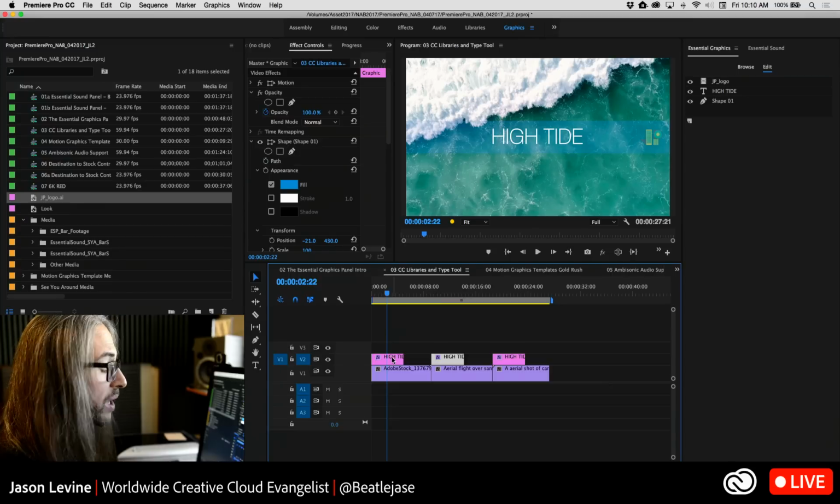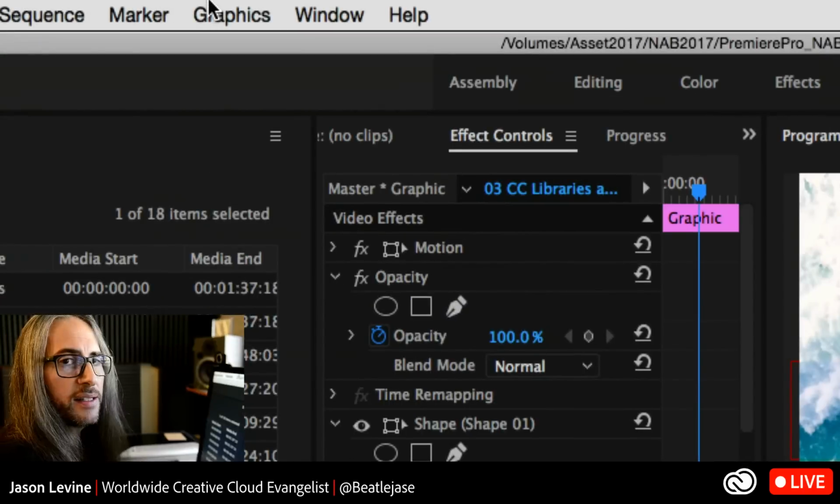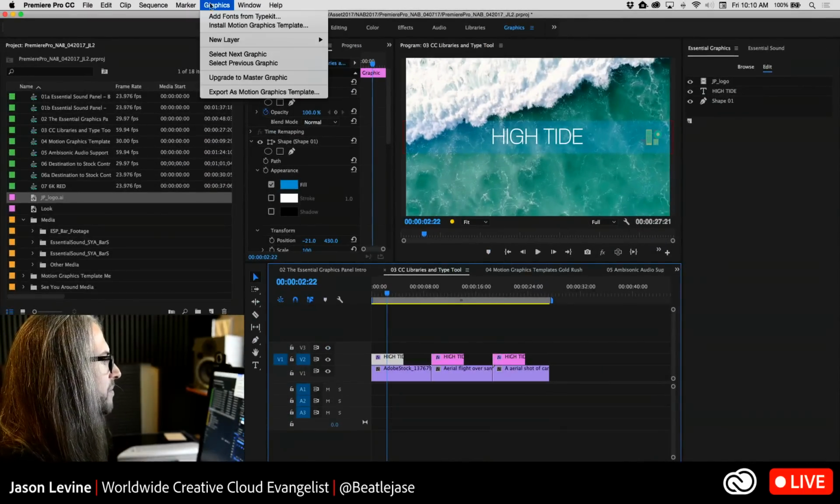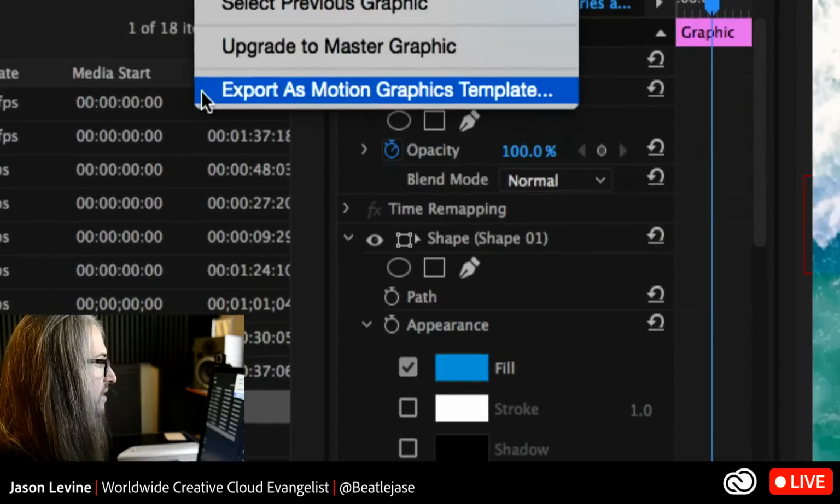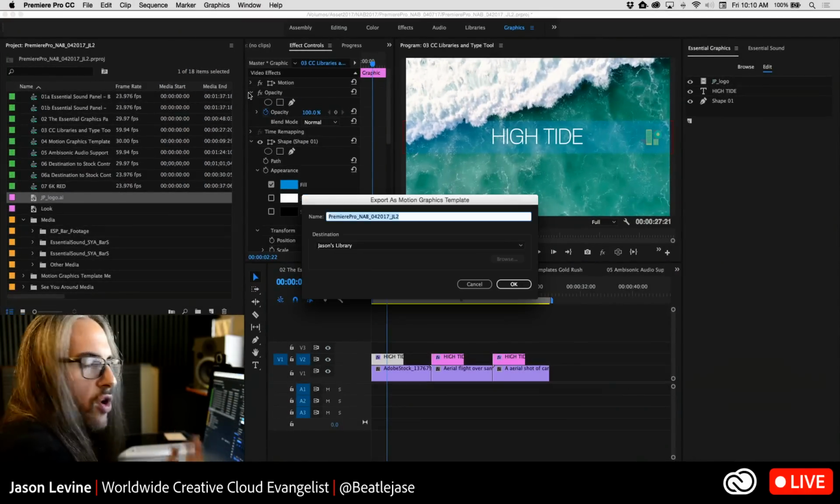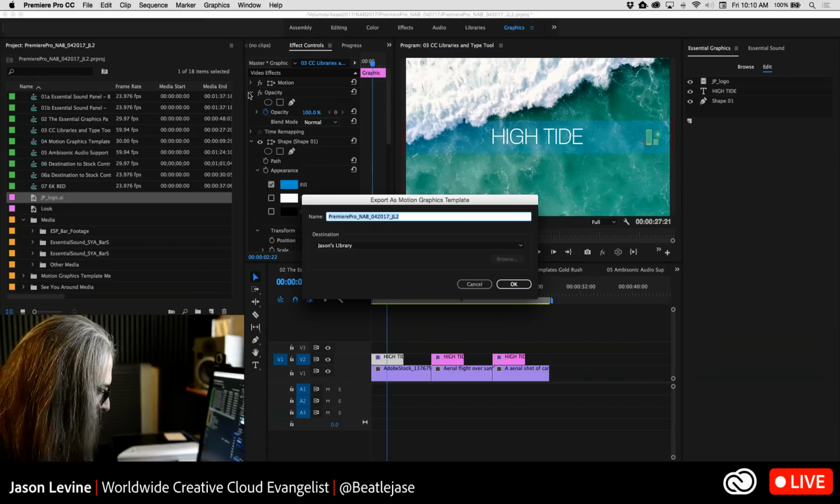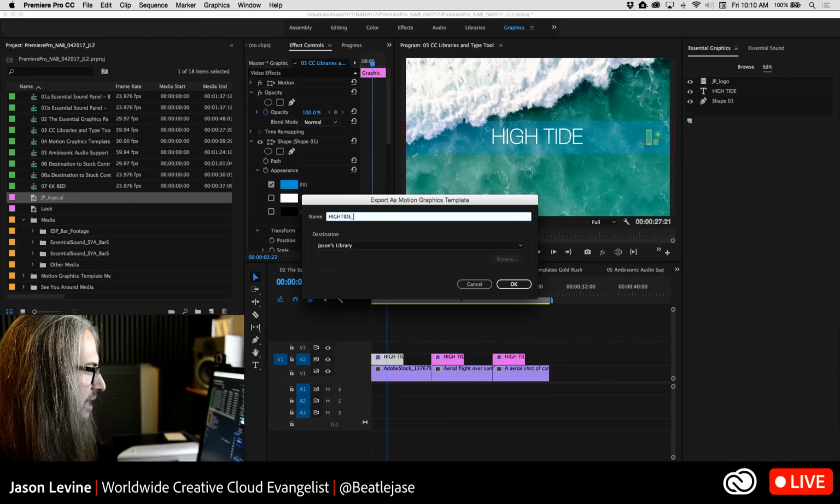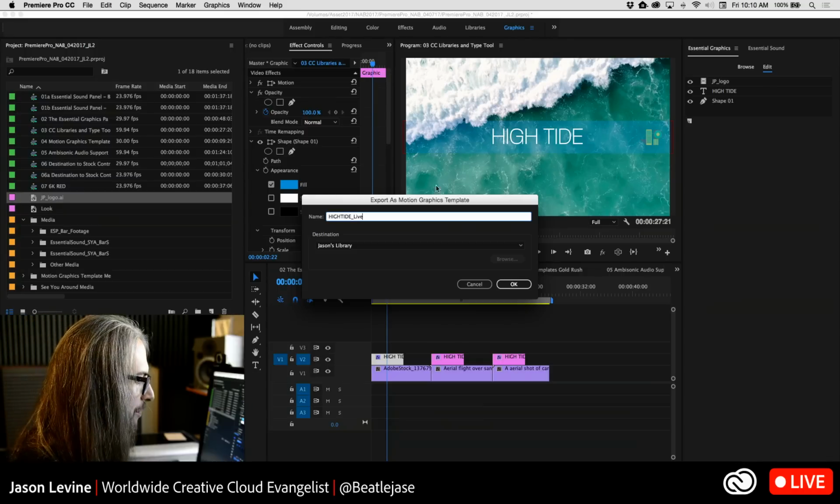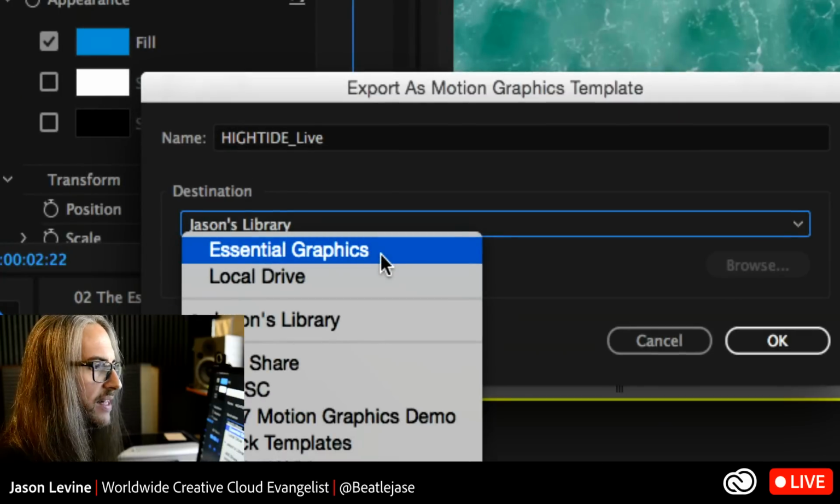Okay. So what if I want to actually save this element? Well, you'll notice that we also have a new graphics menu item here. So up in the graphics menu item, I can choose to export this as a motion graphics template. You're going to start to understand why this is getting so powerful and why this sort of reimagined Essential Graphics workflow is really cool for editors and also for editors who work with visual effects and motion graphics artists. So we'll call this High Tide Live for the live stream, and you can choose the destination. Now you can save this locally directly to the Essential Graphics